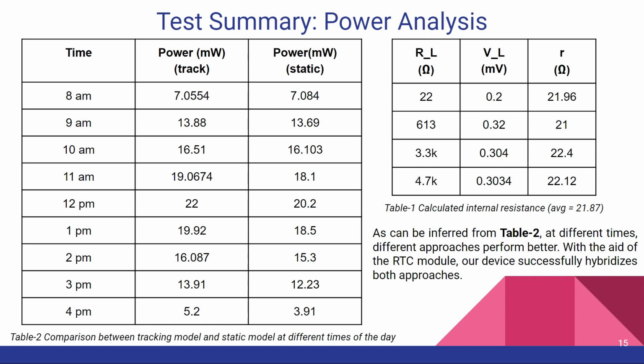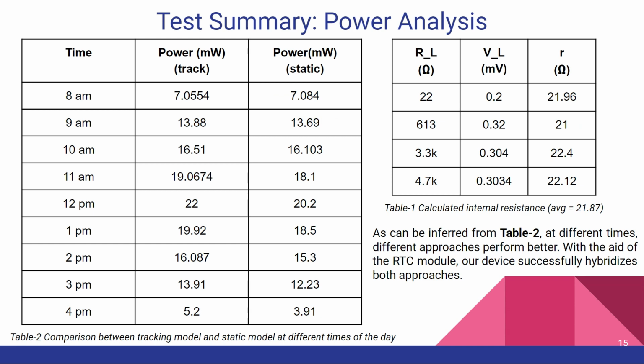Table 2, on the other hand, is a comparison between different models: number 1, the tracking model, and number 2, the static model, at different times of the day, and the power the solar panel is able to produce at these different times in different configurations. As can be inferred from Table 2, at different times, different approaches perform better. With the aid of the RTC module, our device successfully hybridizes both approaches,